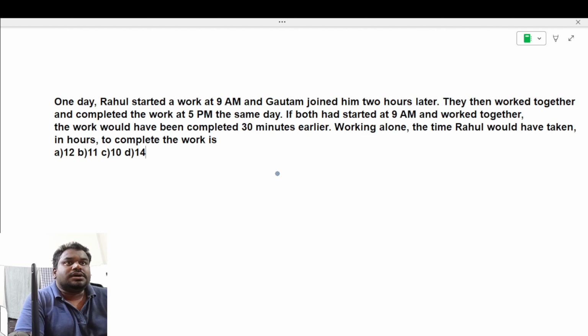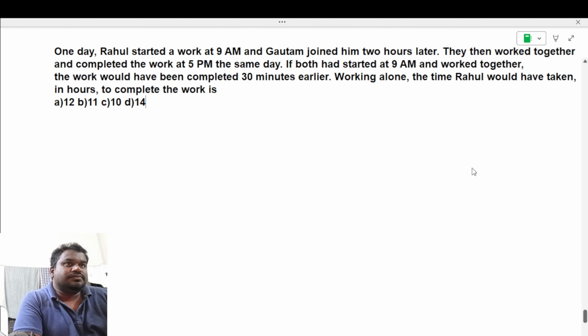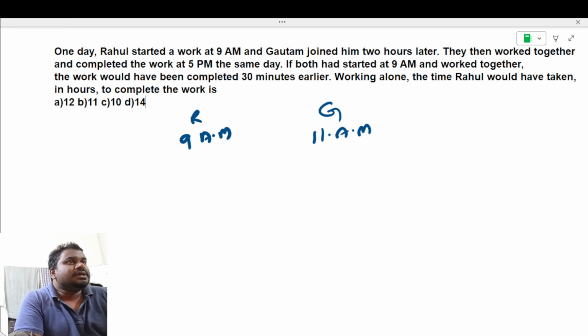One day, Rahul started a work at 9 a.m. Rahul first started the work, at 9 a.m. After that, Gautam joined him after 2 hours, so it means at 11 a.m. Both of them worked together and completed the work at 5 p.m. They completed the work at 5 p.m., which means